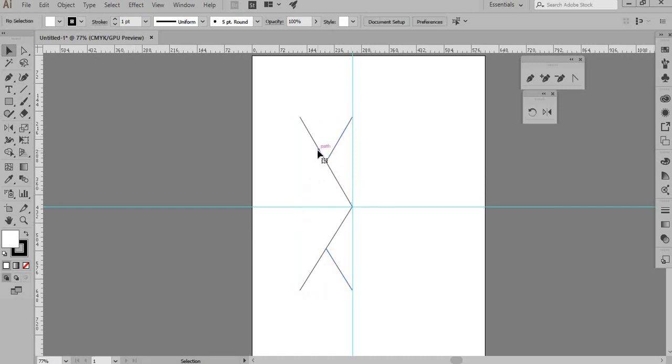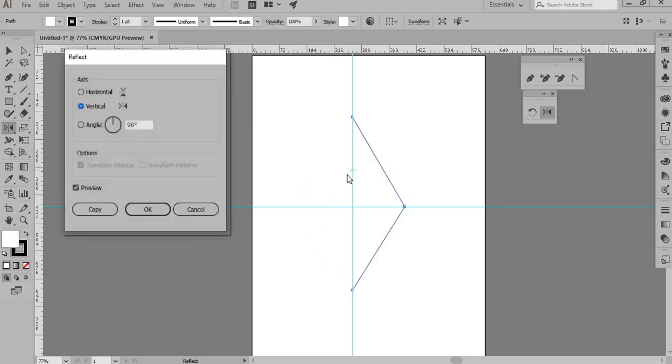What I'm going to do is delete this, and this time I'm going to select this with my black arrow key. Click once on the reflect key. This means we are giving a message to Illustrator that we want to reflect, and we hold Alt or Option and click once on the guideline. So remember, my Alt or Option is long pressed, and I just click once on the guide, and this is what happens.